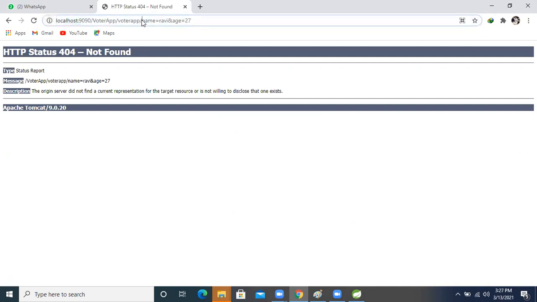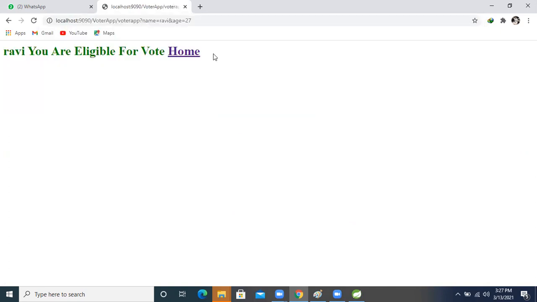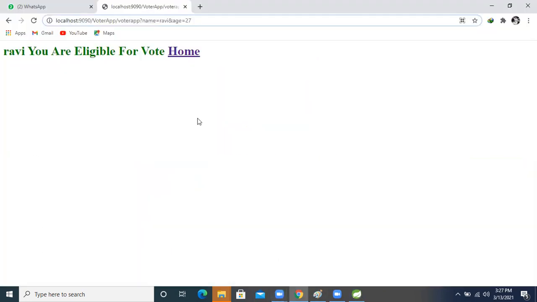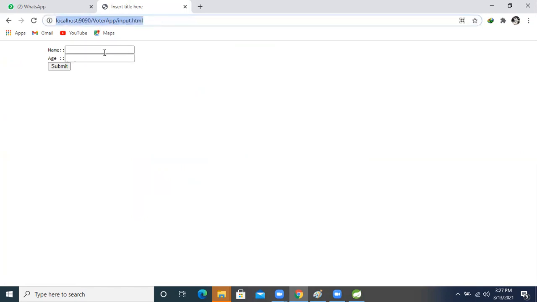Oh, here the question mark is there, right? But still we are getting the result without the input form, right? It means that we are making the request of what type? Internally our server is using the GET type only. Because of that we are getting the result; here we are not using this form. This is the link only, right? So by clicking on the link, we can make the request using the URL and using the form.